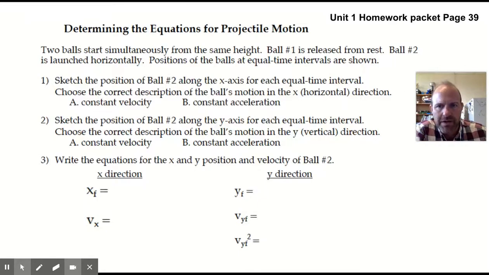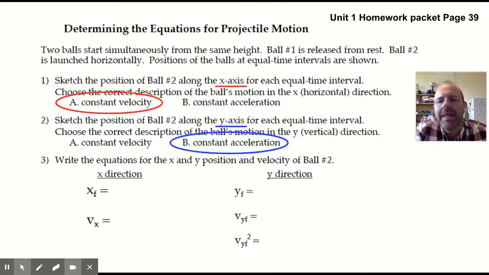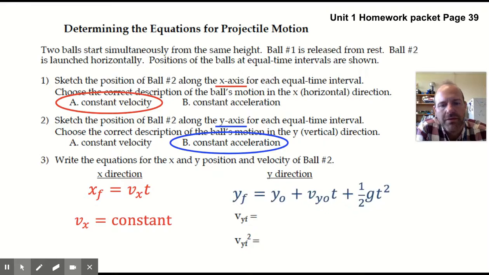We can start by thinking about, well, in the X direction, what has to be true? Well, there's constant velocity. So that means the position is just rate times time. Right? In the Y direction, it's constant acceleration, so all of our free fall kinematics equations should apply. So X final is the Vx times t, and Vx is equal to a constant. In the Y direction, the final Y position is the initial Y position plus the initial Y velocity times time